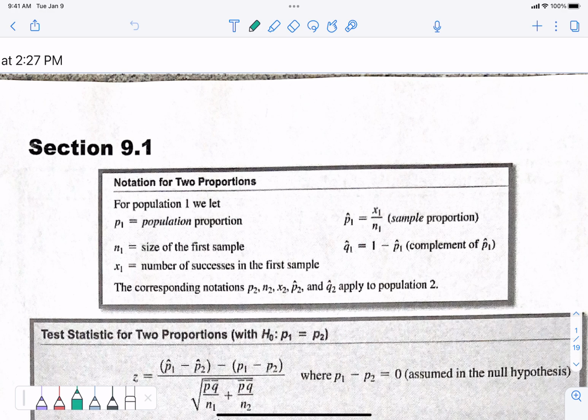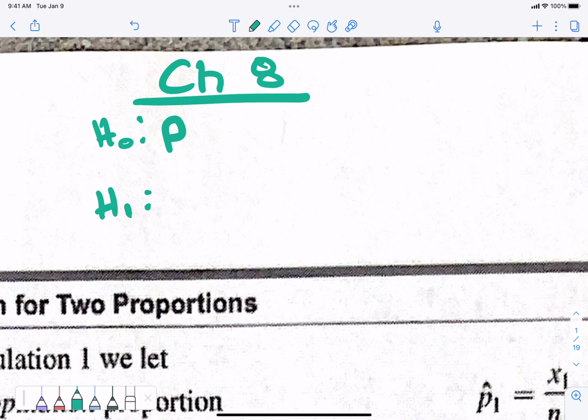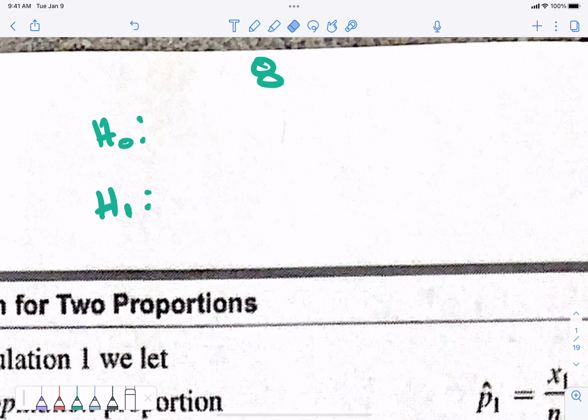Okay, so chapter 9. Here's how it's different from chapter 8. Ready? In chapter 8, I'm gonna write at the top of the paper, chapter 8, we would do stuff like, let's say the percentage of stats kids, we would do our H0 and our H1. H0, H1. We would say the percentage of stats kids that pass the test is